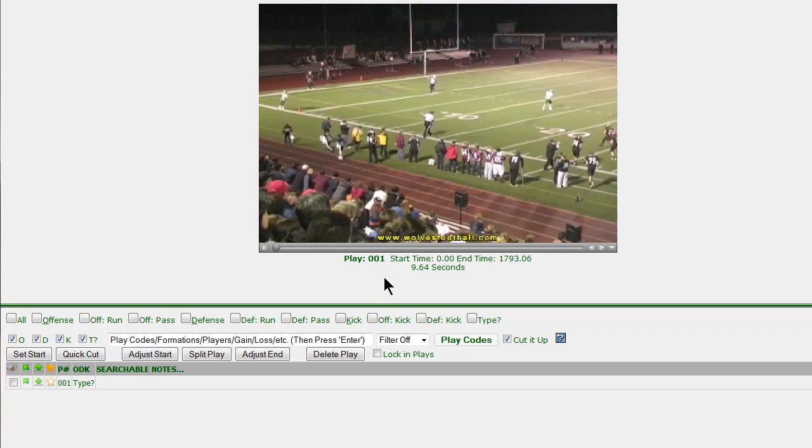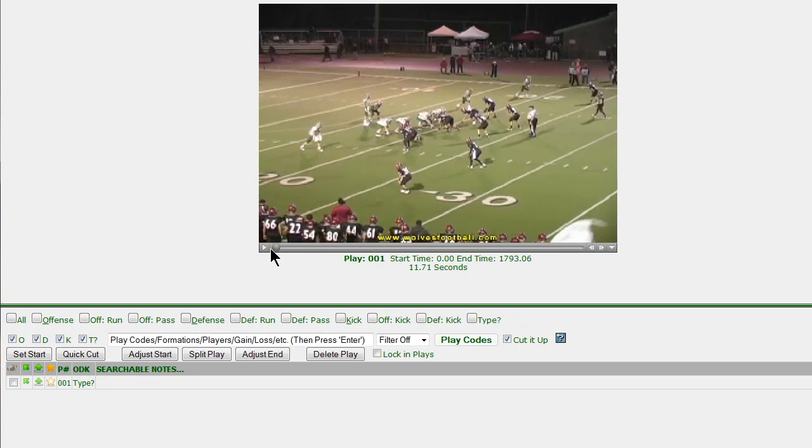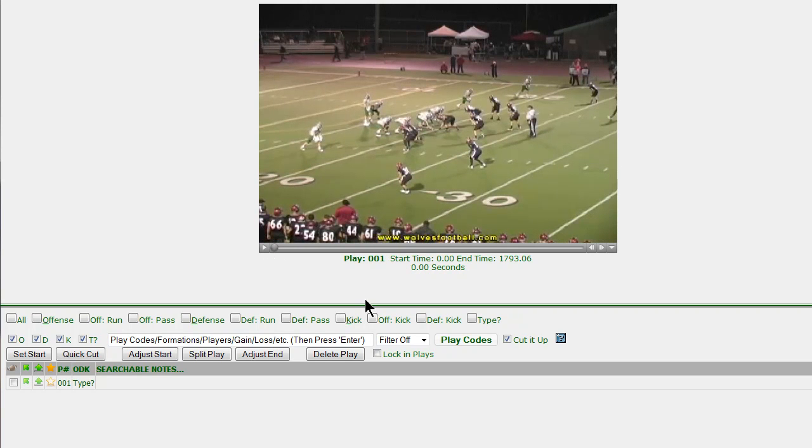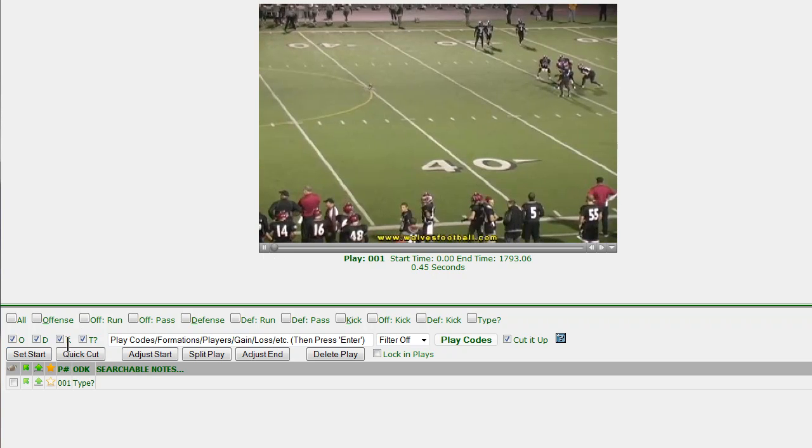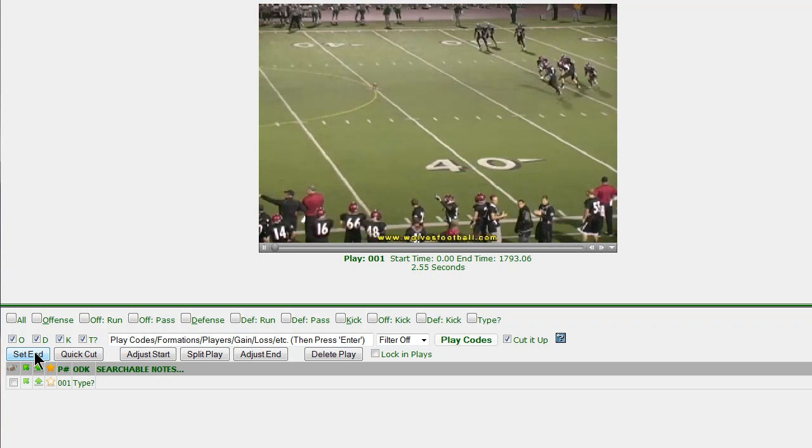So what we're going to do is start cutting it up. So I'll bring this back here to 0. And there's a couple ways to do it. You can set a start point, and then you can, well, let's go ahead and do that. I'll get this going here. I'll set the start point here, and then